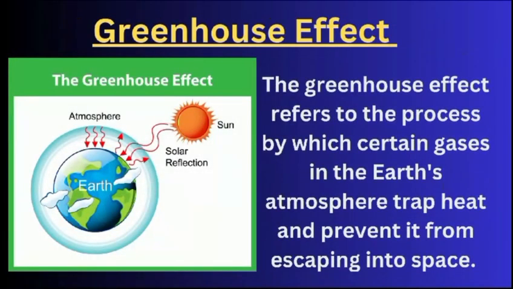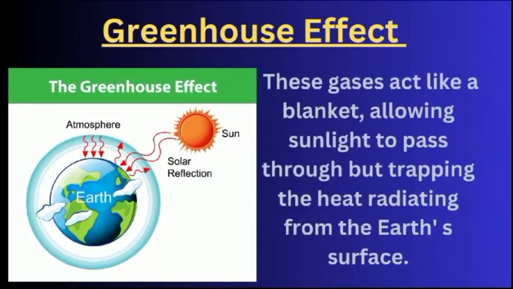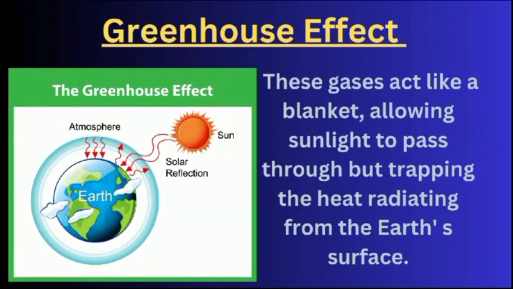Greenhouse effect. The greenhouse effect refers to the process by which certain gases in the Earth's atmosphere trap heat and prevent it from escaping into space. These gases act like a blanket, allowing sunlight to pass through but trapping the heat radiating